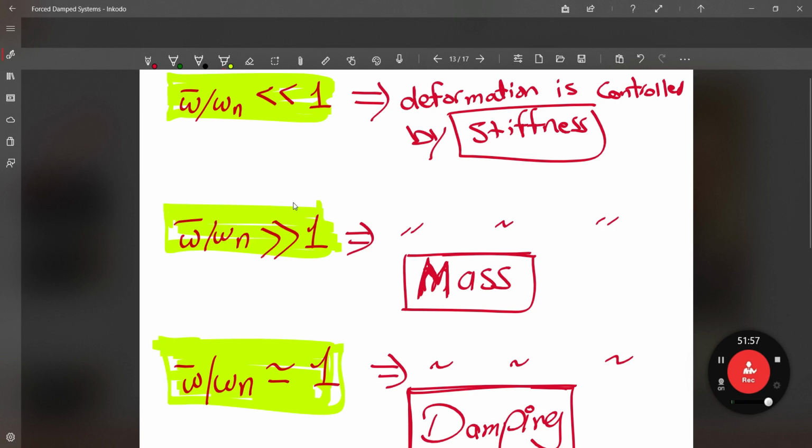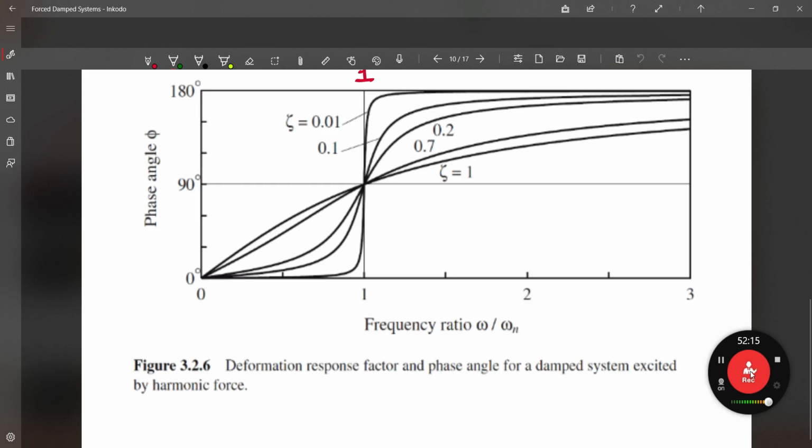If you need to control them, then you need to look at the ratio between omega bar over omega n, and based on that, you are going to control the main important factor. Here it is the stiffness, here it is the mass, here it is the damping ratio. Okay, so here for the case of the frequency ratio with respect to the phase angle, you can see from here